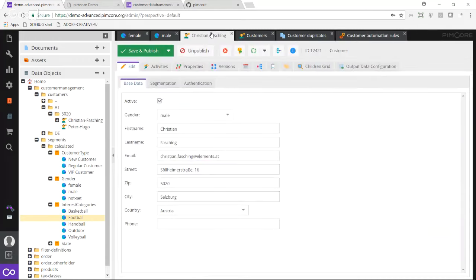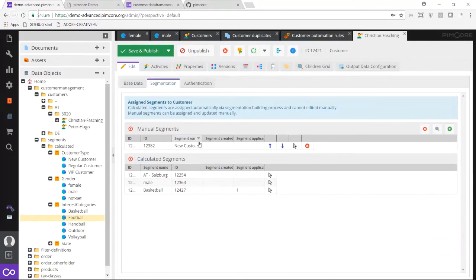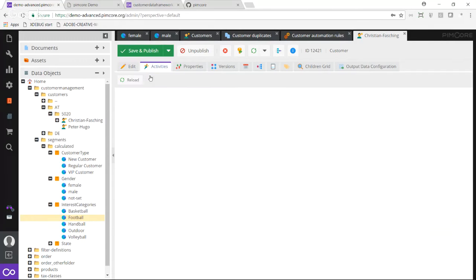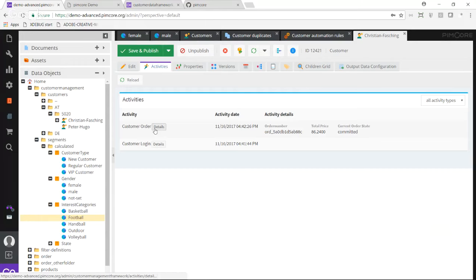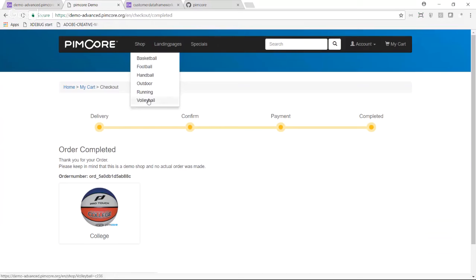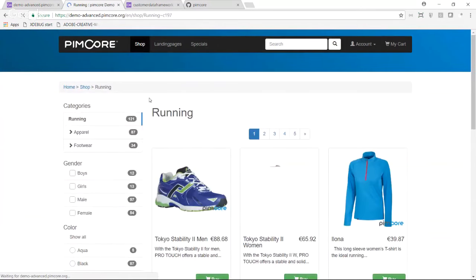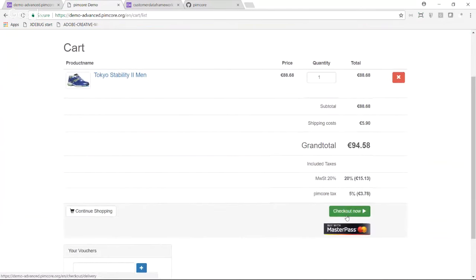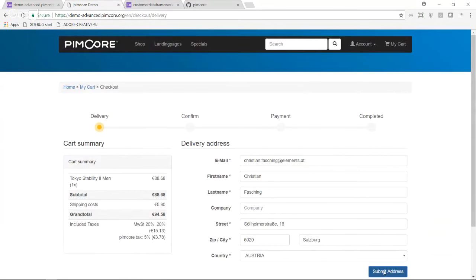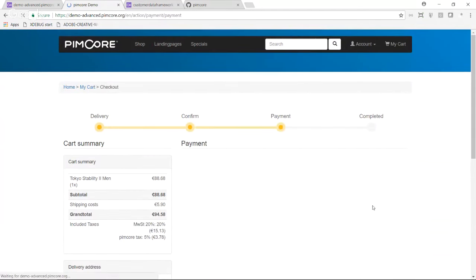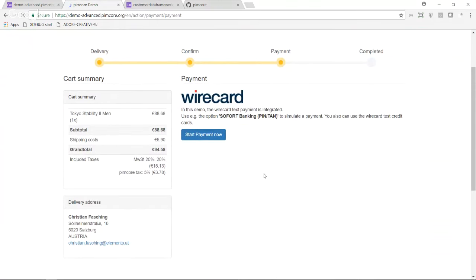Let's have a look at our customer. Just reload it to make sure we have the actual data here. And right now we have the new customer segment assigned to the customer, but we don't have the regular customer segment assigned to it. And if we have a look at the activities, we see, oh, there's just one customer order and not two. So let's go back to the front end and order an additional thing here. Just put it in the cart, start the payment,